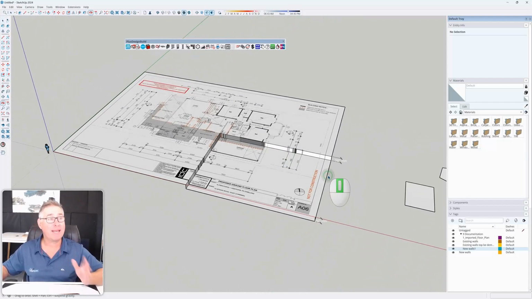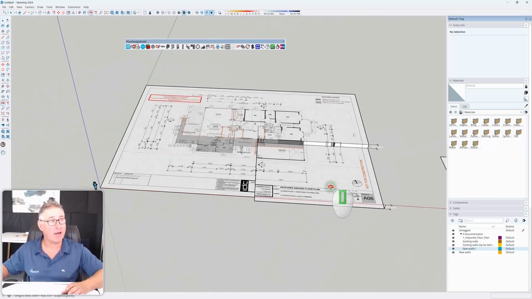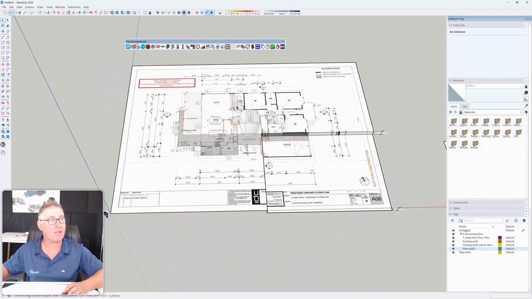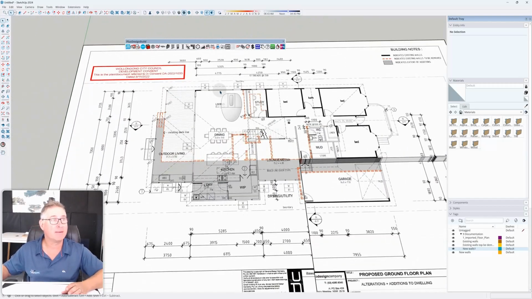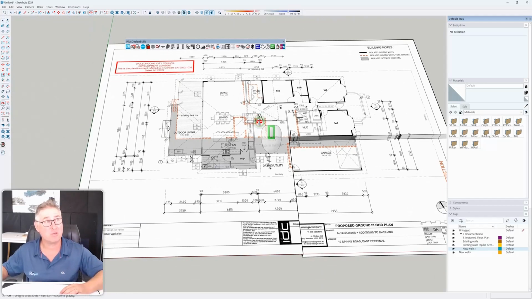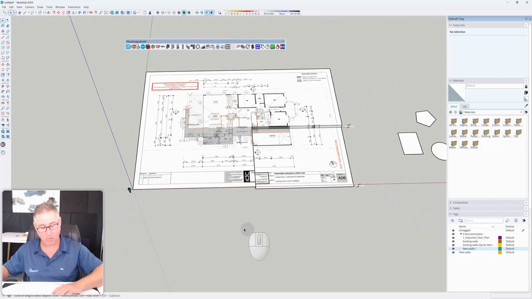Alright, so getting down to adding guidelines according to tag, I'm going to go through and add some guidelines here, and I'm going to add a few faces as well so you can have a look, and this should help you a lot when you're starting to draw. Now I'm going to quickly explain one thing about guidelines,